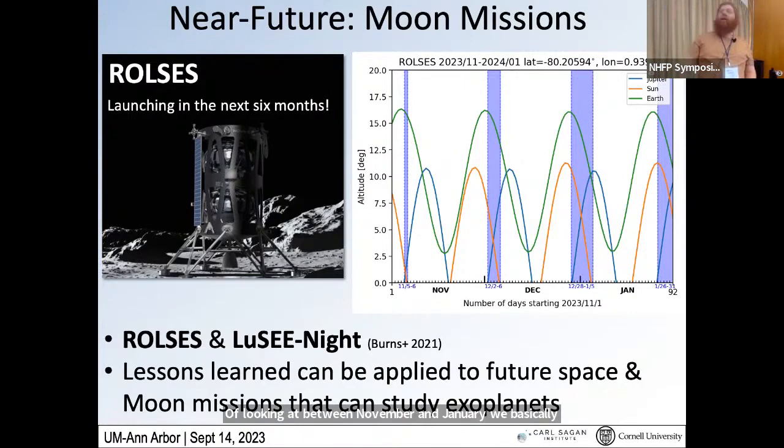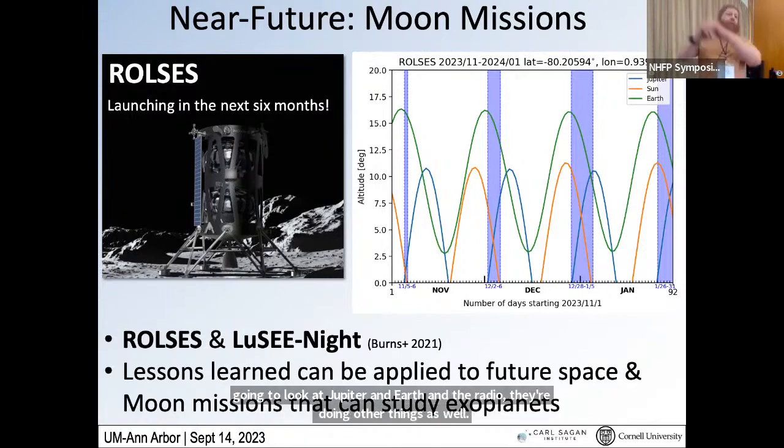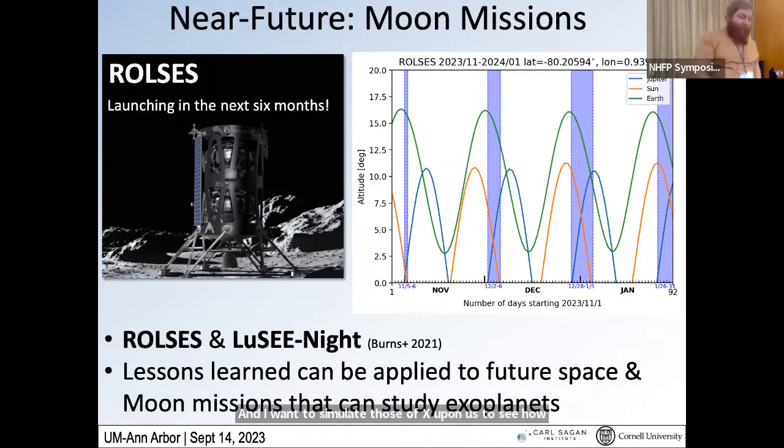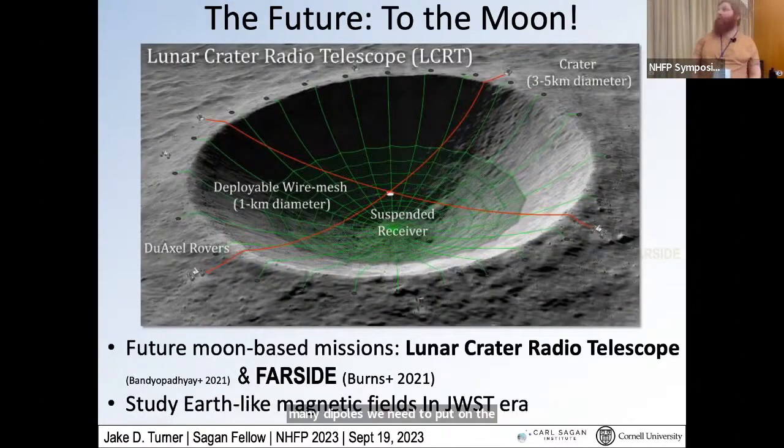So Roseless is going to be on the near side. We're actually going to look at Jupiter and Earth in the radio. They're doing other cosmology things as well. And I want to simulate those as exoplanets to see how many dipoles we need to put on the moon to actually detect exoplanets, because that's what we're going to do next, where we want to put either one